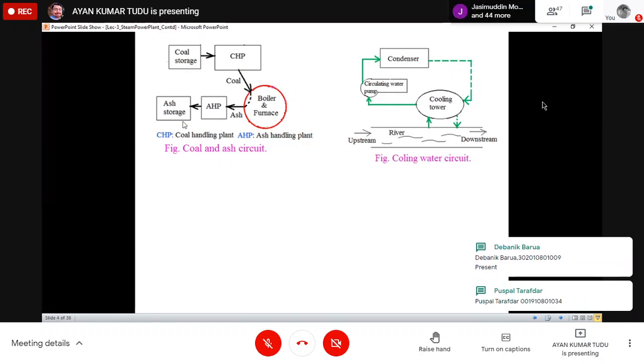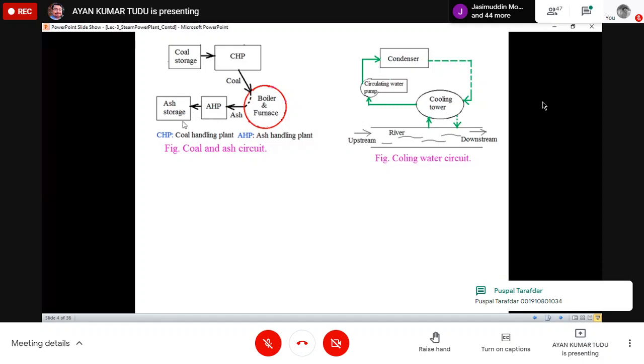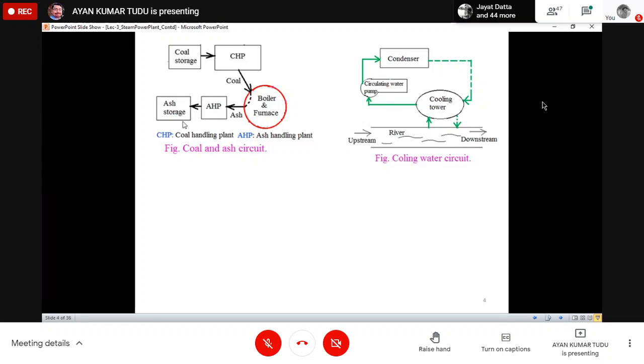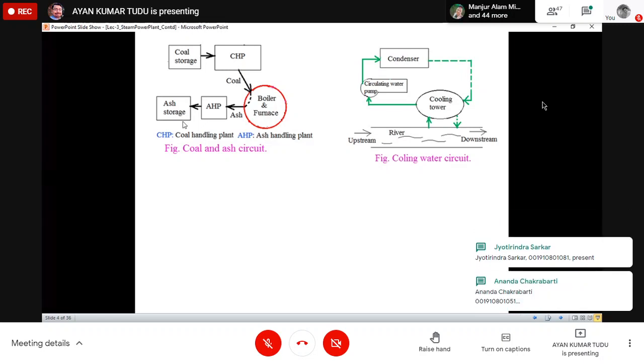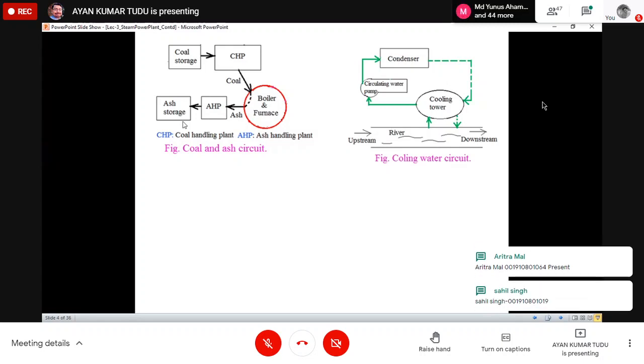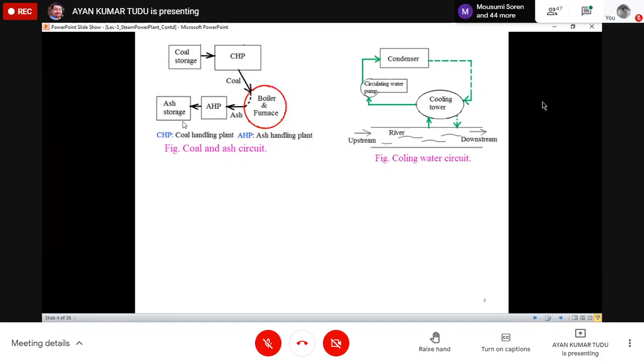Now what is a cooling tower? If you have visited any thermal power plant, or if you live near one, you can see huge towers from which smoke is coming out. Those are actually cooling towers. What is done is that the exhaust steam is thrown from a certain height downwards, and before reaching the ground, the heat of it will be dissipated, and that is coming out in the form of smoke, if you have seen properly.